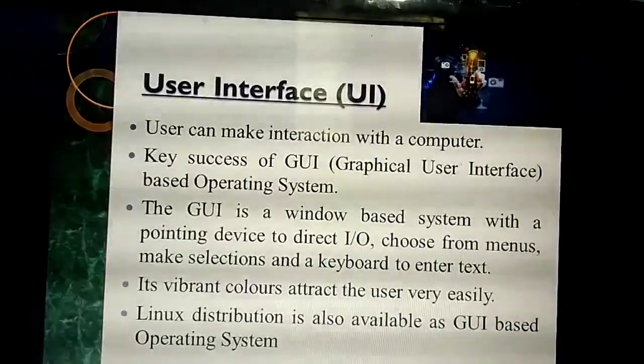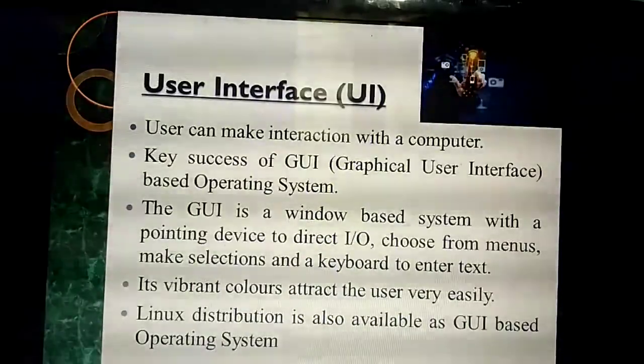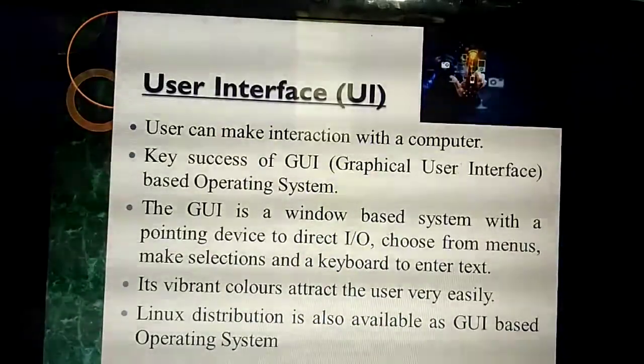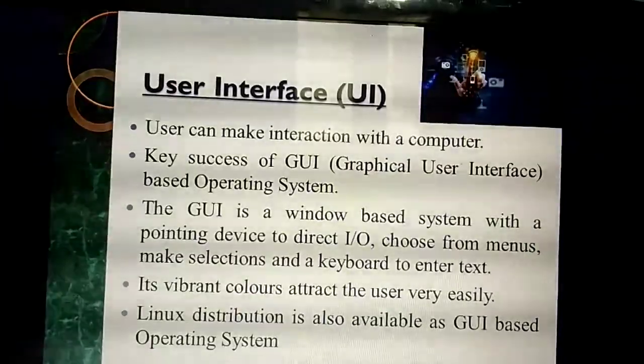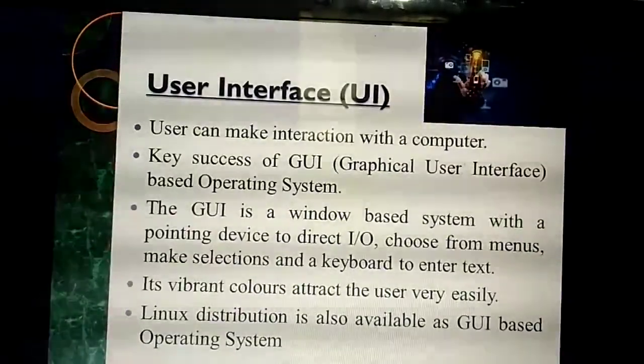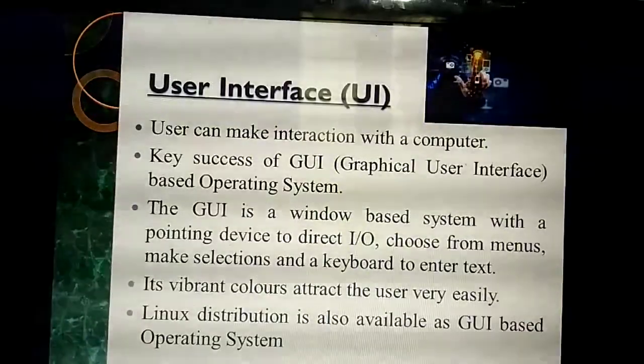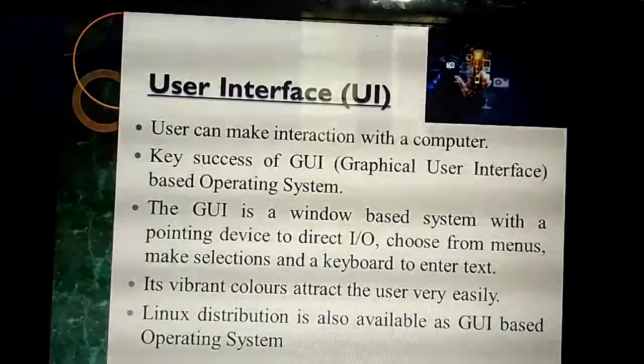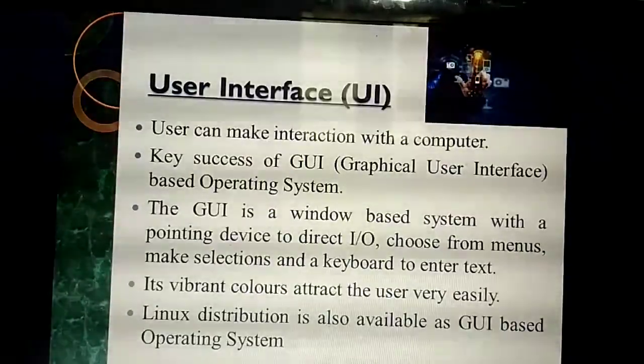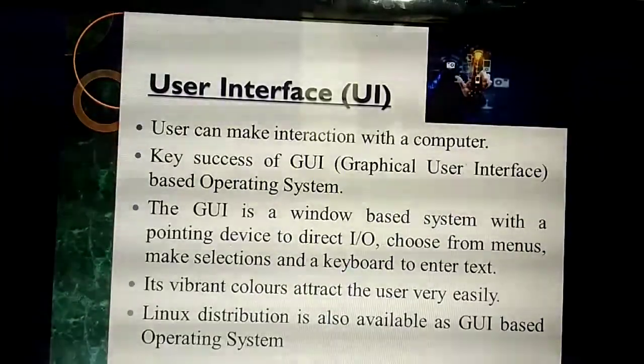That means easy to use. That is called user friendly. This user interface always becomes user friendly. For example, you are giving passwords to your mobile phones. The first step, if you are on the mobile, it will ask for a password. So simply you can give a pattern lock, whatever it may be, fingerprint.